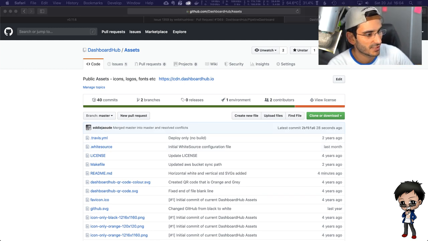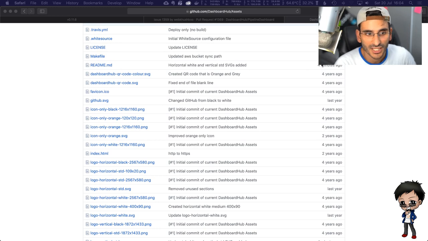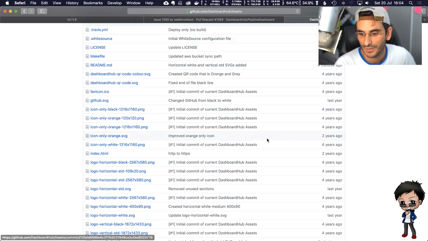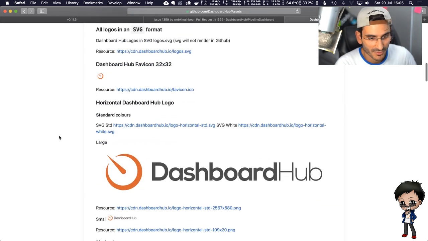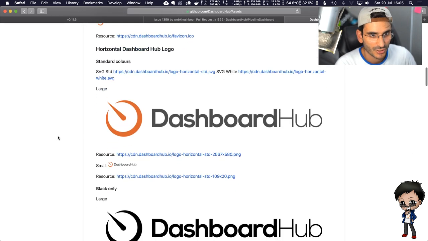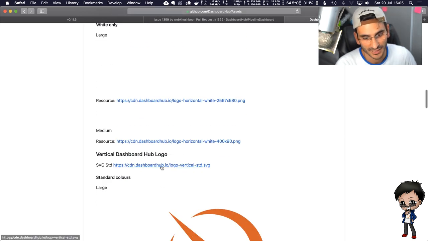Hopefully you can still see my screen. And yes, so that's mine. Perfect. And if I scroll down, there's some new files, which are from 4 minutes ago. README. What else have we got? This file here as well. Now, the more interesting part is if I scroll down to here, we should have some more SVGs somewhere. Yeah, SVG got added there.